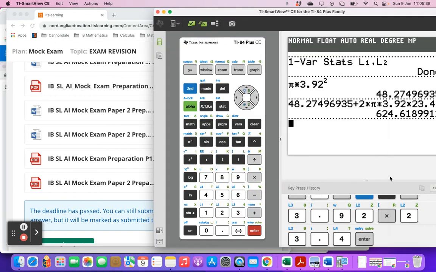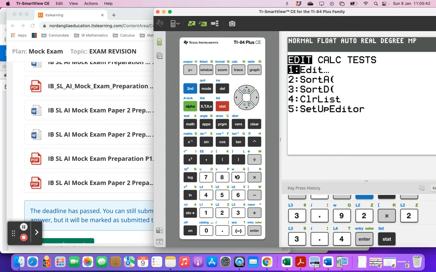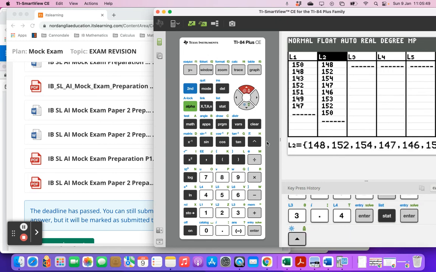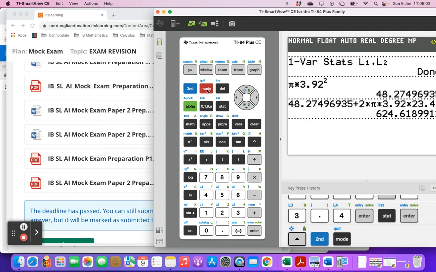All right, so here's the calculator. Going to go to stat again, edit. I cleared my lists by going up to the top here, hitting clear and then enter. And then I entered in the heights of the males and the females in Ms. Calhoun's class. All right, and then we're going to be asked to do a test on this. Okay, so a t-test is going to be found